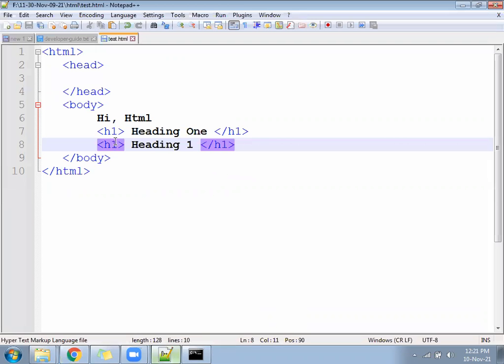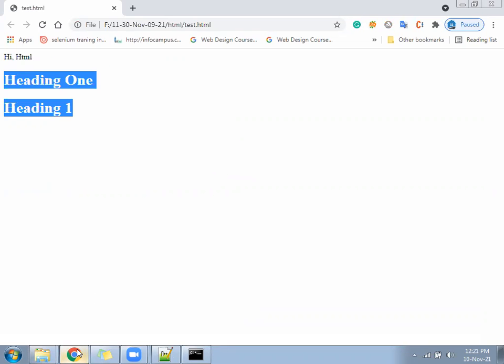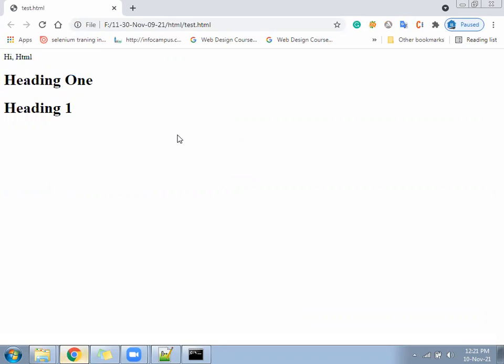Correct? So what is it? Block or inline? Block. Any reply should come. H1 tag we have written here. What do you say? It is called dependent, no doubt in that. Open close is there. When we go to the browser, what is it saying? It is not printing in the same line.